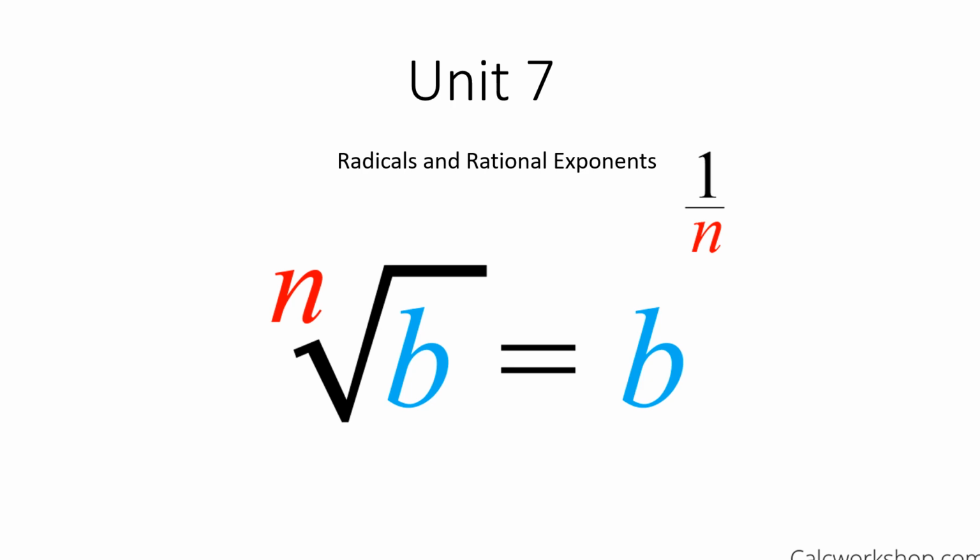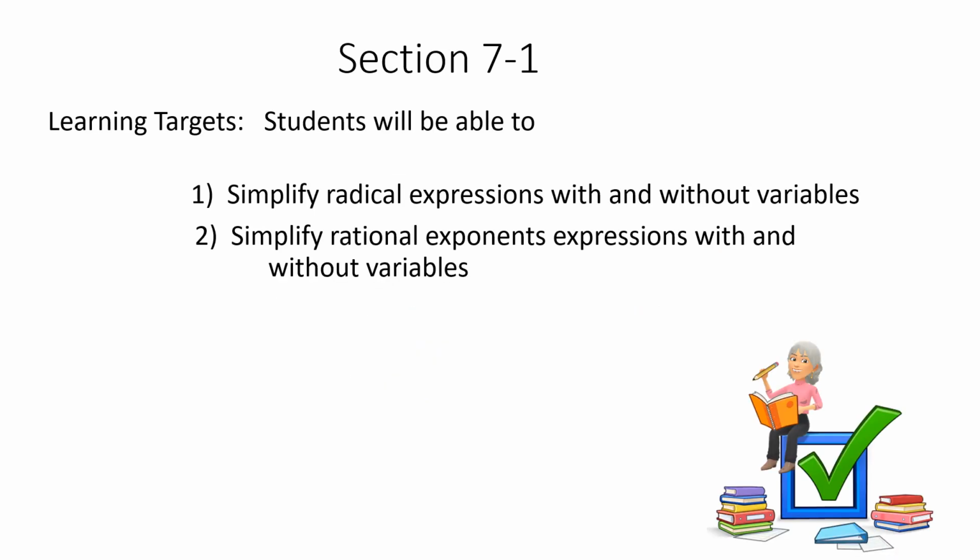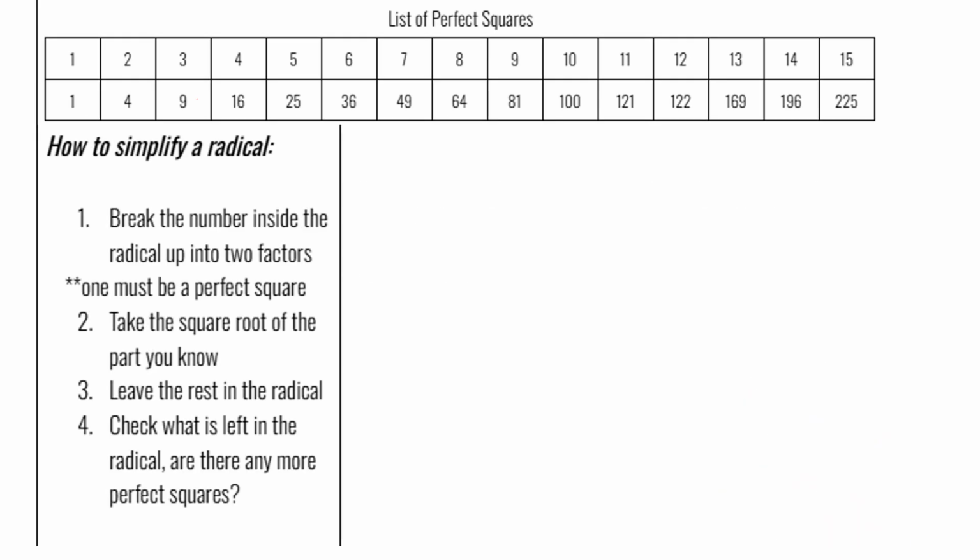All right, in Unit 7, we're talking about radicals and rational exponents. The learning targets for today: we're going to learn how to simplify a radical expression with and without variables. And then we're going to learn what a rational exponent expression is and how to simplify it with and without variables. So in order to be able to simplify a radical, the first thing you have to know is